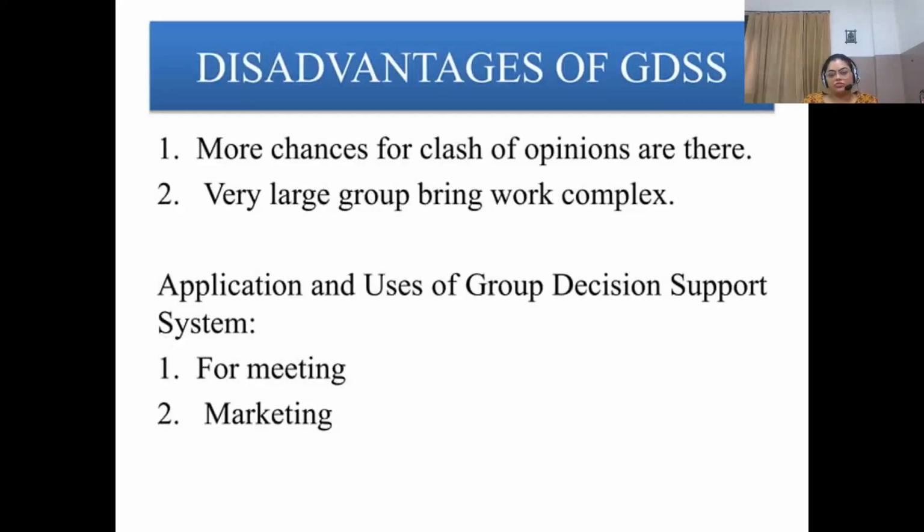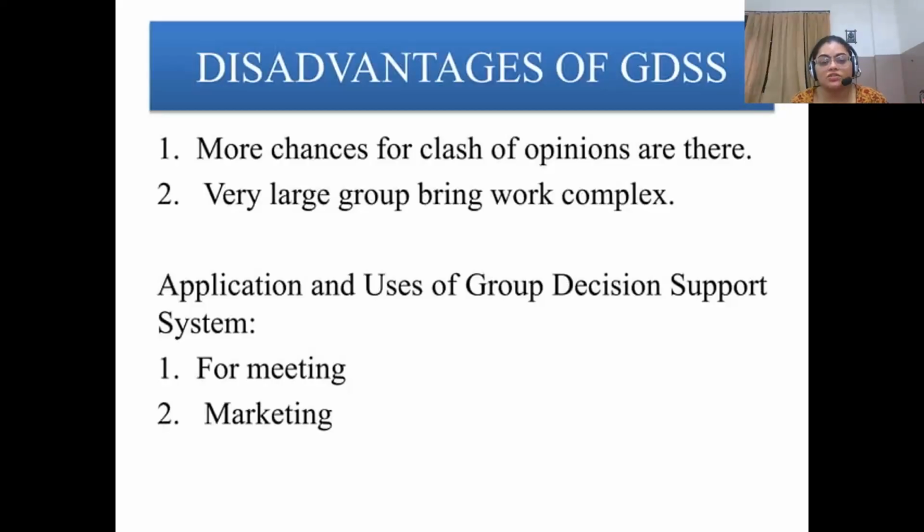Now some of the disadvantages of GDSS. More chances for clash of opinions are there, and a very large group brings work complexity. सो सबसे पहले हम डिसएडवांटेज में सबसे पहला पॉइंट देखते हैं, जितने ज़्यादा ग्रुप ऑफ डिसीजन मेकर्स होंगे उतना ओपिनियंस का क्लैश होगा। तो यहाँ चांसेस ज़्यादा होते हैं ओपिनियंस को क्लैश करने के, जो हमारे डिफरेंट डिफरेंट ग्रुप ऑफ डिसीजन मेकर से क्लैश हो सकते हैं। और साथ ही साथ ग्रुप में जो काम करने का तरीका है वो कभी कभी कॉम्प्लेक्स हो जाता है। जितना ज़्यादा बड़ा ग्रुप होगा वो हमारे काम को और कॉम्प्लेक्स बना देगा।